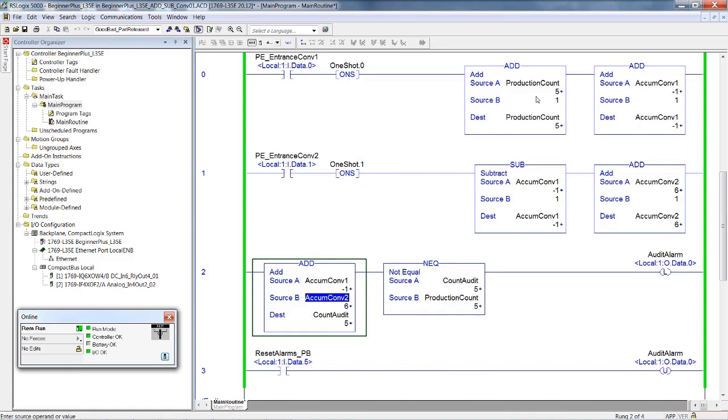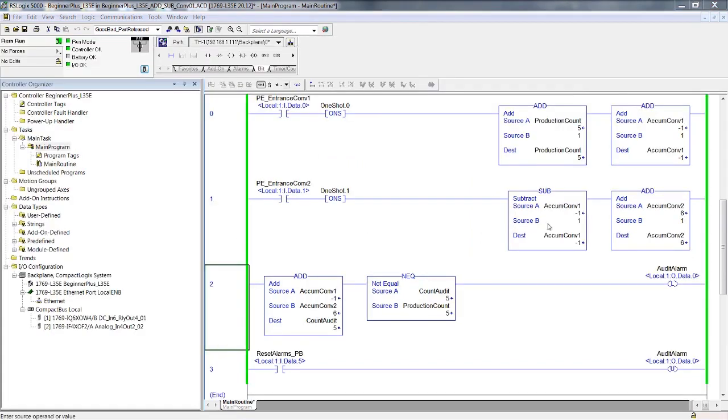So the production count is the bona fide count in the system. Conveyor 2, though, says it has 6, which is a miscount. This -1, you can't have a -1 carton on conveyor 1, so we have to do something to prevent that. To prevent that possibility of having a negative value for the number of cartons on conveyor 1,